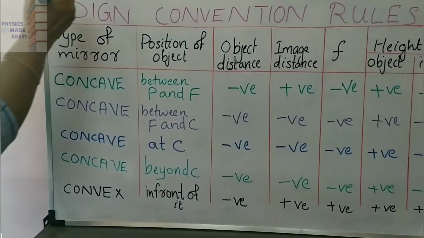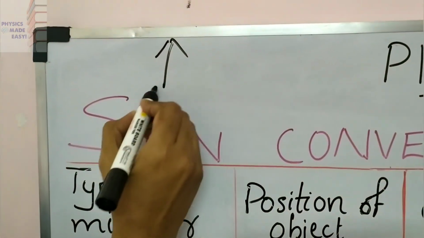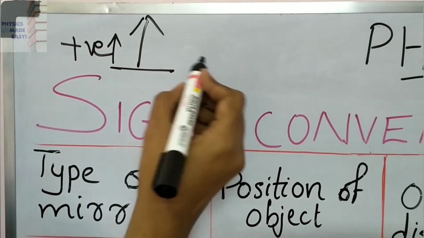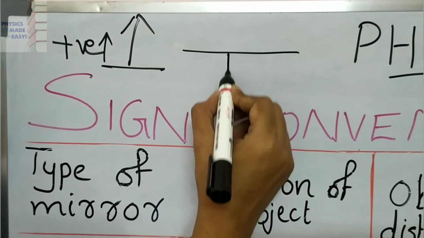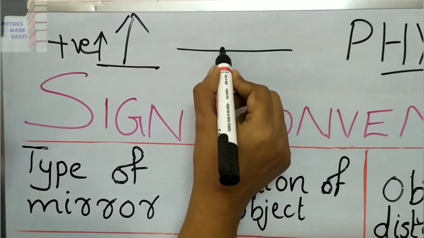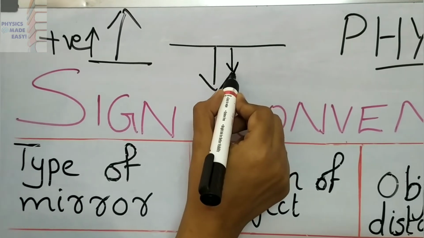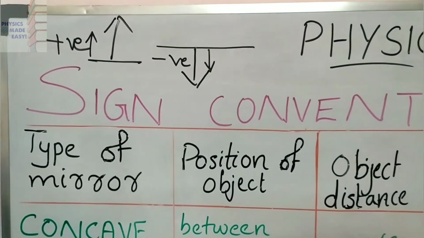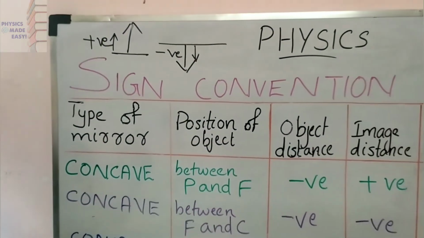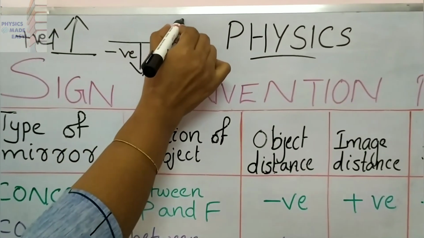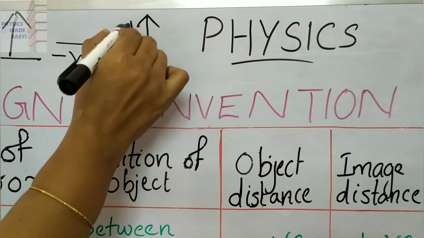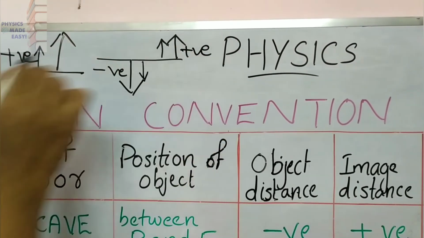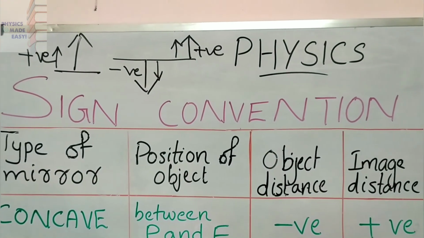Look here children. Object means always like this only you will place. So you are measuring in upward direction, so that will be positive. Then in case of image, if you are getting real and inverted image, that time from this point to downward direction you have to measure, so that will be negative. So real and inverted image means you have to take the height or the size of the image as negative, and in case of virtual and erect image you have to measure in upward direction, so you take that value, height of the image or size of the image, as positive.